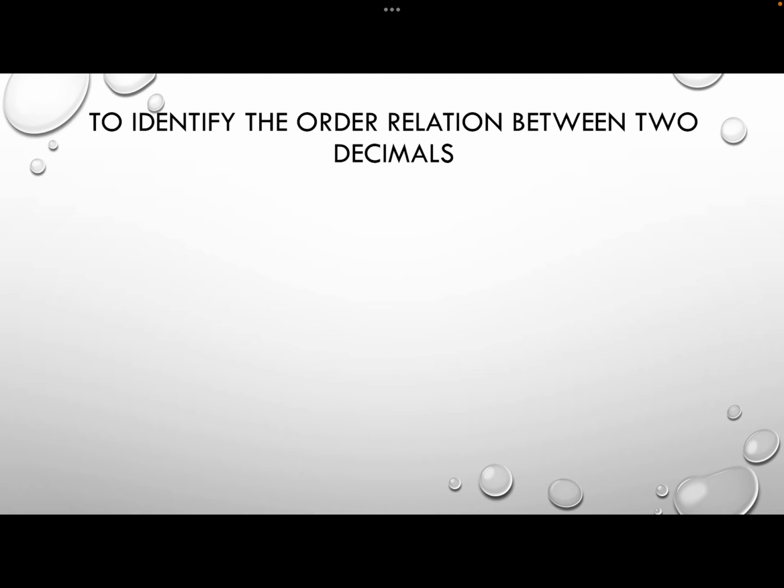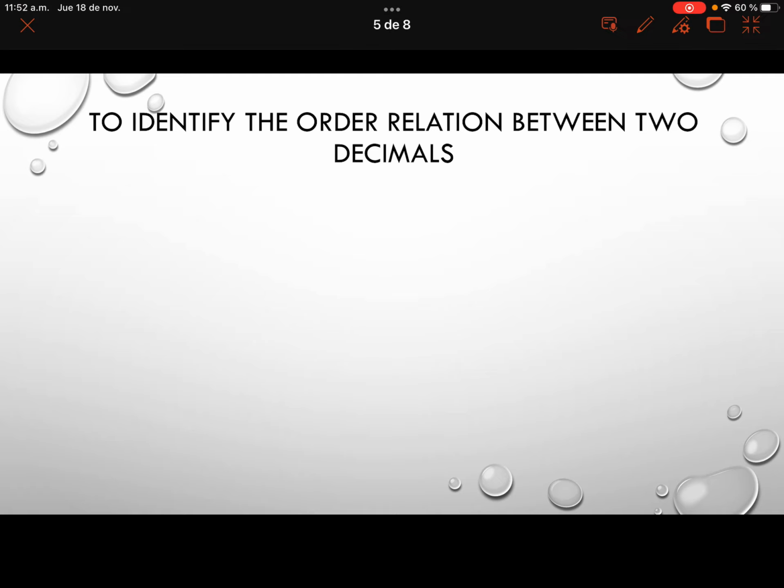Okay, now if we have to identify the order relation between two decimals, this information is going to be really important for you. Then first we have to write the numbers. Then remember this: to compare two decimals, write the decimals and compare value by value or position by position. Then, for example,